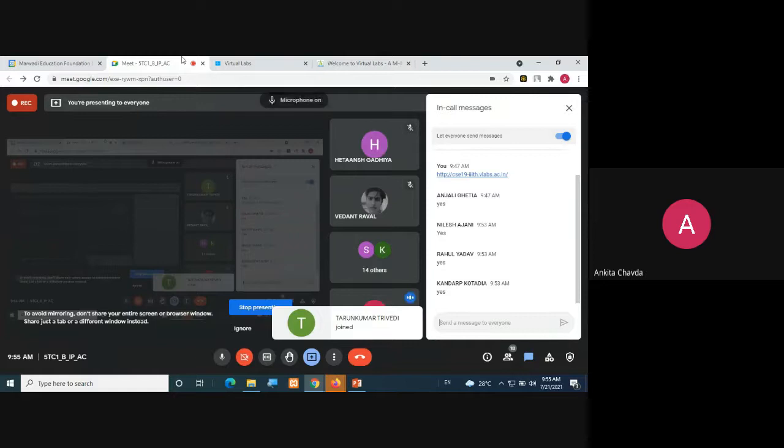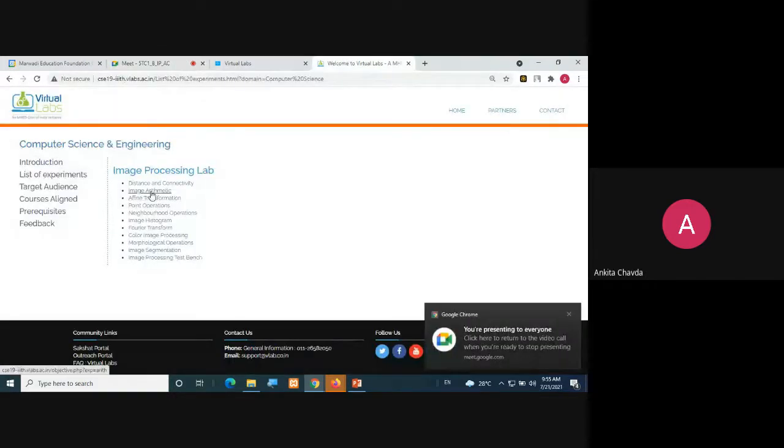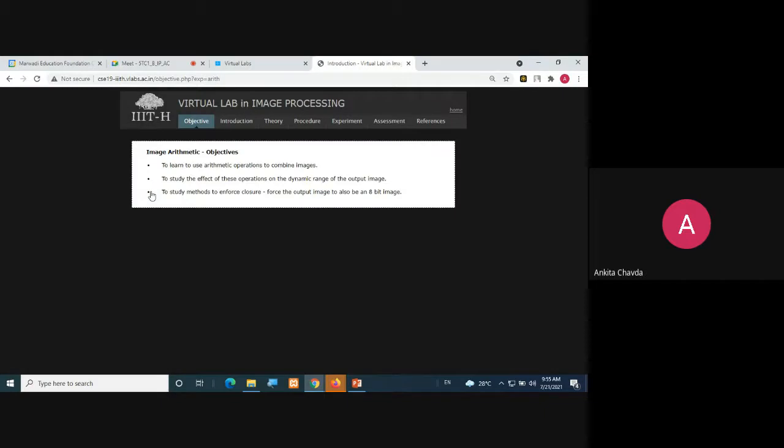Fine. Now you can explore this second experiment, which is about image arithmetic. Now, what is there in image arithmetic? See, we have already learned how to do the matrix addition, matrix subtraction, and all. Why we have done this so well?